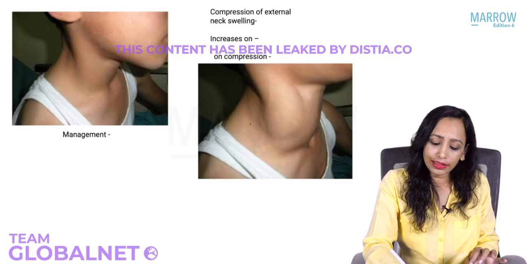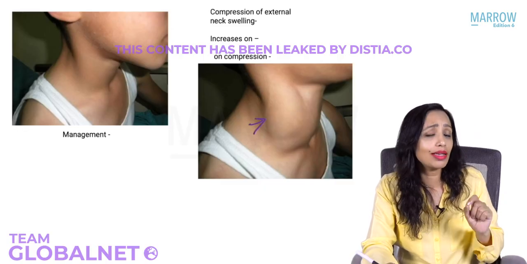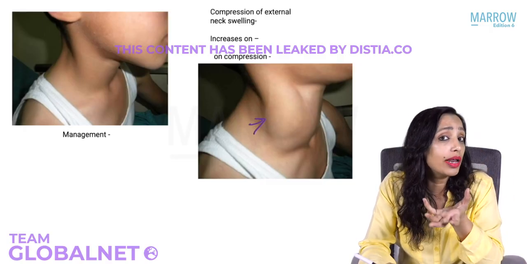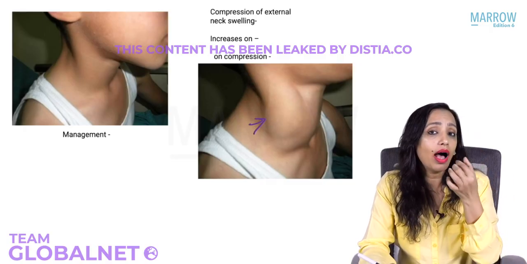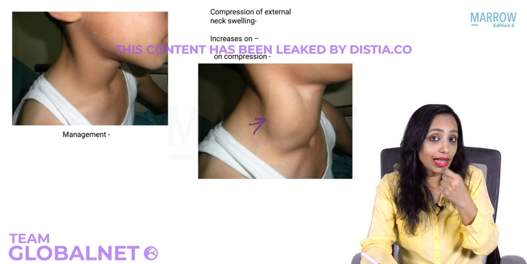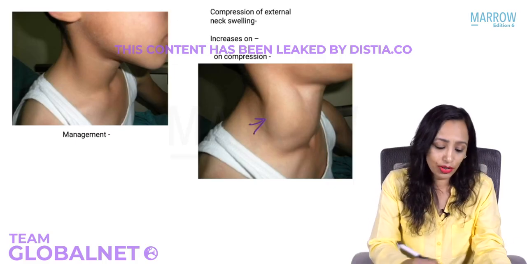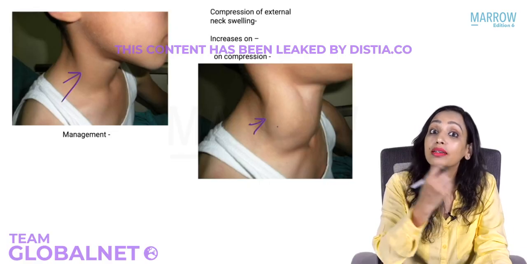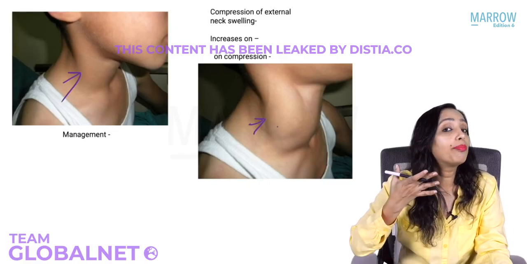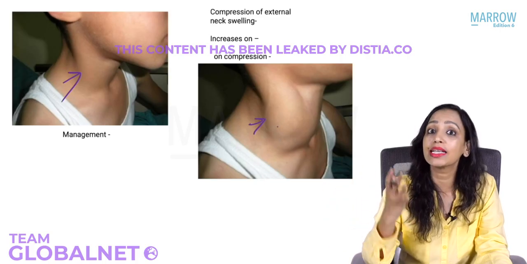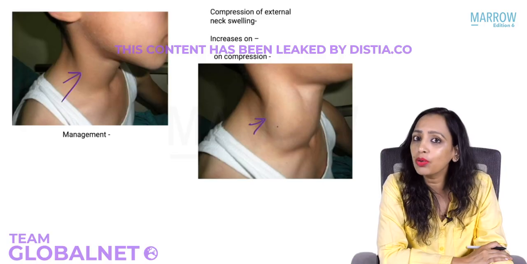When you are seeing it as a swelling outside, how do you know that this is laryngocele swelling? In the neck we can have so many other swellings. When you ask the patient to blow, do Valsalva, this will increase in size. This is without Valsalva, the first picture, and this is after Valsalva. It increases in size. And when you compress the swelling, there will be a sudden gush of air into the larynx, producing a hissing sound, and I will tell you what that is known as.